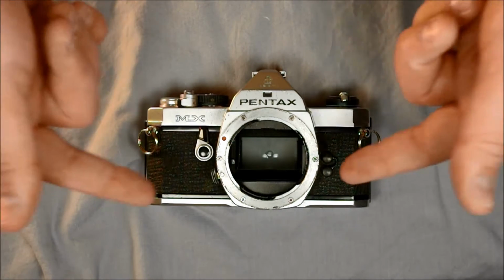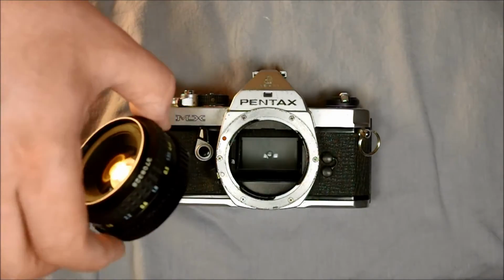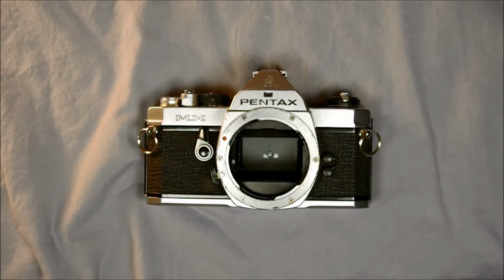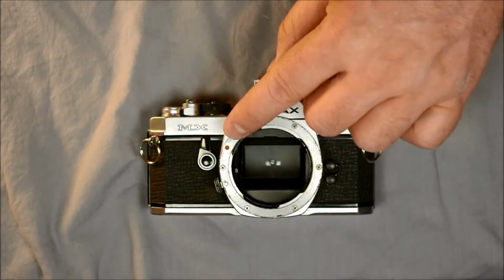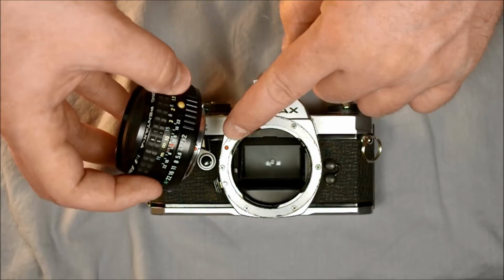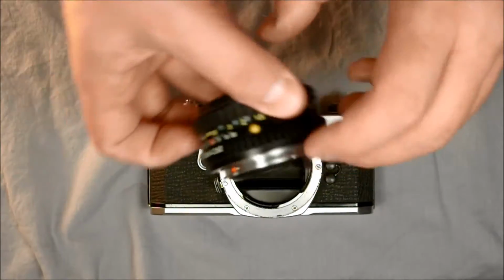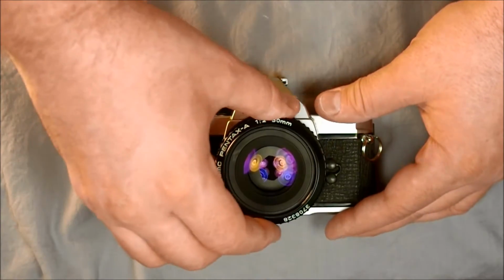So the first thing we're going to look at in this camera is lens mounting and unmounting. So I happen to have a lens here. How coincidental is that, I happen to have exactly the thing I need to demonstrate this? To mount the lens, you can see that there is a red dot right here. Coincidentally, there's a red dot on your lens. So what you're going to do is line them up, red dot to red dot, and then turn the lens